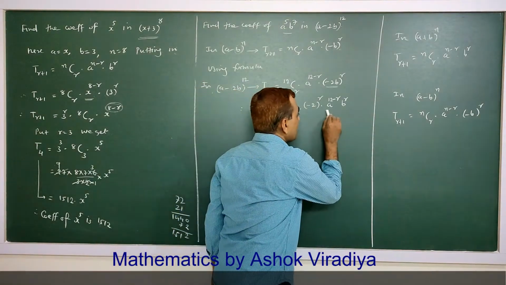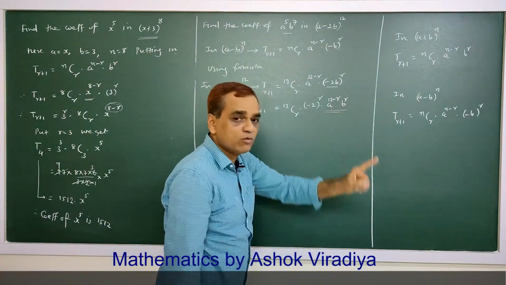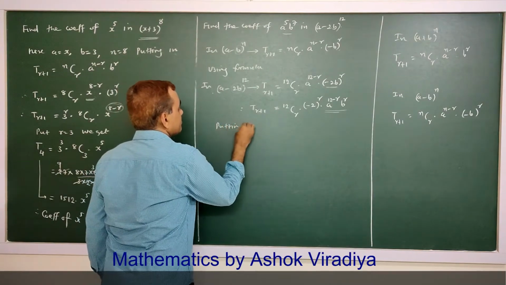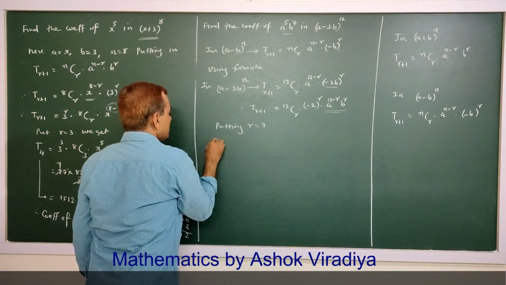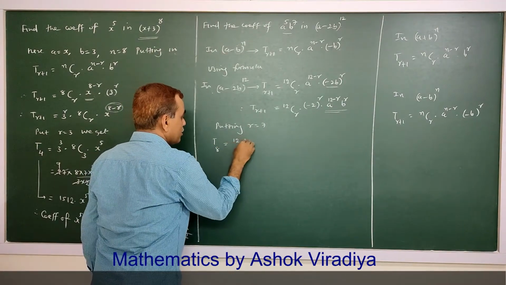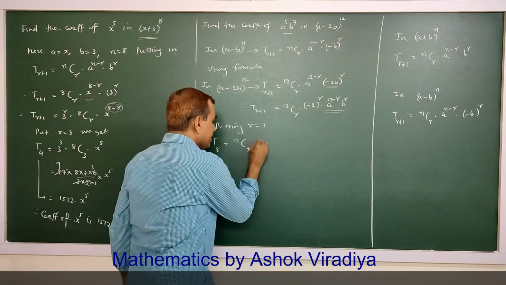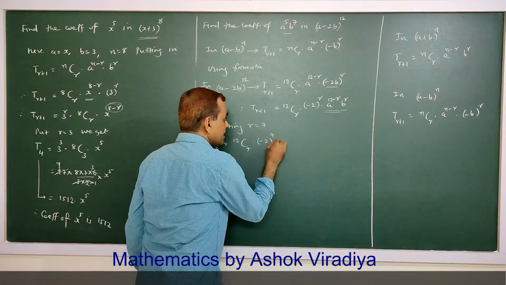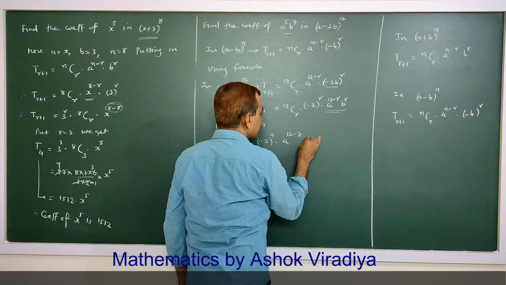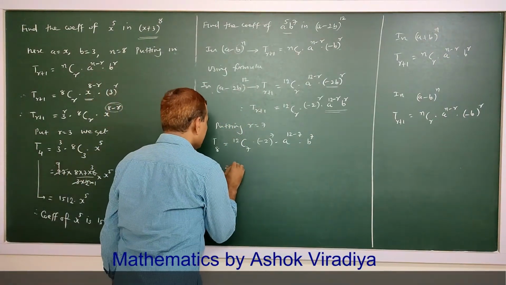So to have a raised to 5, b raised to 7, we have to put here r equal to 7. So putting r equal to 7, this will be the 7 plus 1, 8th term, that is 12c7, (12 minus 7) a raised to 12 minus 7 into (minus 2) raised to 7 into b raised to 7. So the 8th term is